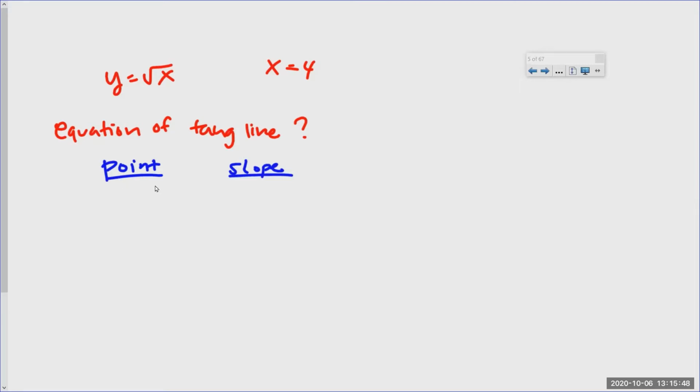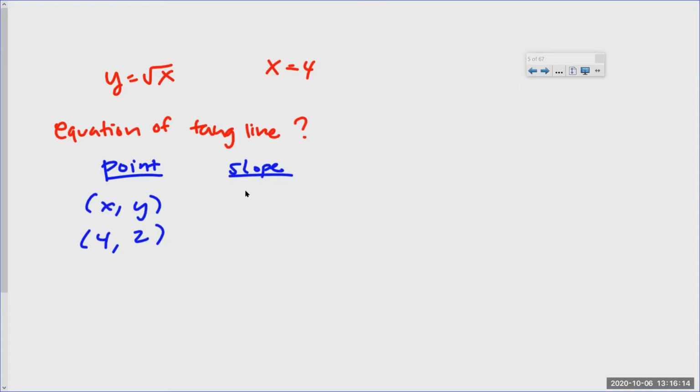All right, what's my point? So guys, a point is a coordinate, so it's an x comma y. Tell me an x number I have. 4. If x is 4, can I get y? Yeah, what is it? 2. Do you guys see how he got that? It's just this function right here, y equals square root of x. Okay, that was easy. Now, I want to get this equation of a tangent line, so I need the slope